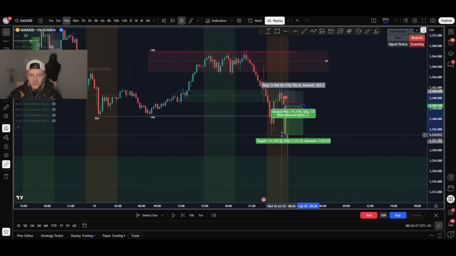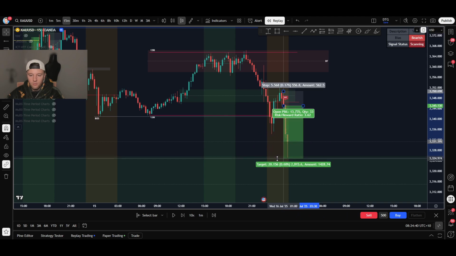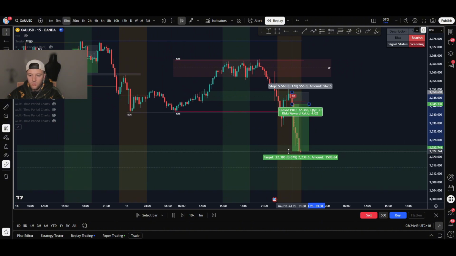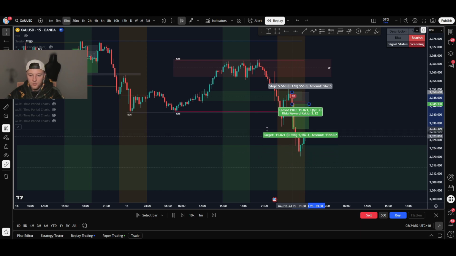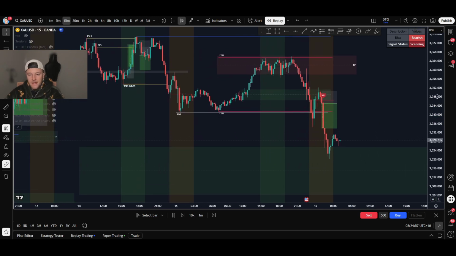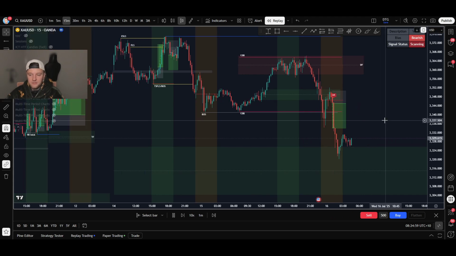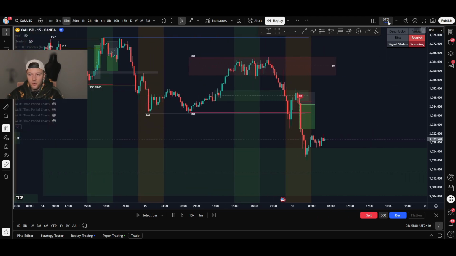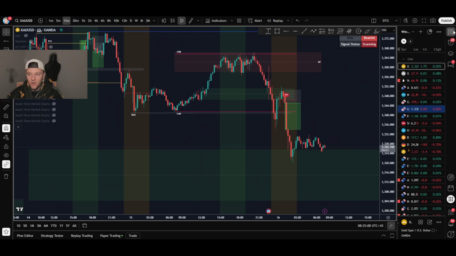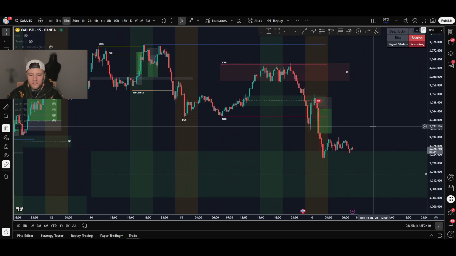So 1 to 2 did run for a 1 to 4, I believe. If we just let this play out a little bit more, I think it did run for a 1 to 4, all in all, something like that. Over 200 pips, but this trade was a 1 to 2, 110 or so pips, risking 50, 55 pips. So that was the only valid, clear DTG system setup yesterday on gold, returning you a 1 to 2 over